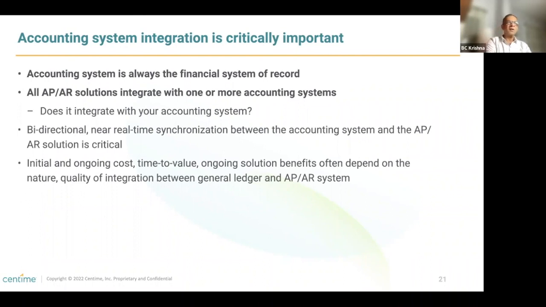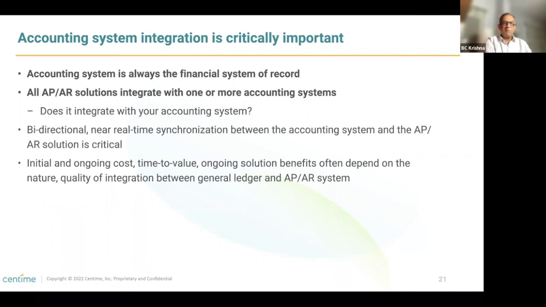And as you think about your buying journey, the question really is: does your prospective AP or AR solution integrate with your accounting system? Again, everybody says they do. The question really is, how well do they do it? And it really comes down to the degree to which that integration is effective, which can be the difference between